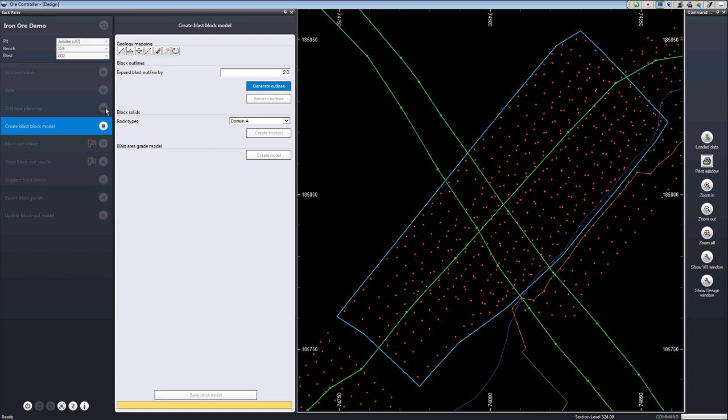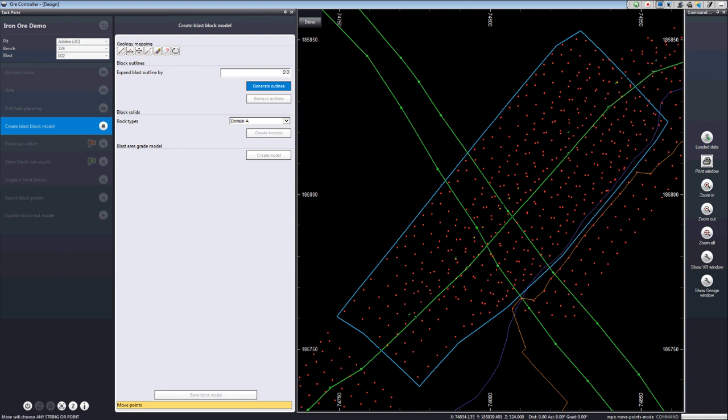But for the purpose of this demonstration, the way that we're going to do this is as follows. Here, the blue outline is the blast outline that we're dealing with. On top of that, we have some green outlines, which represent some geological mapping, and it represents 2 features. First of all, we have a dike that runs across this blast. Then we have another boundary that represents the division between 2 separate geological domains, which are going to be modeled separately. And we have a set of tools here where I can modify these boundaries on the screen based on some mapping that we've done.